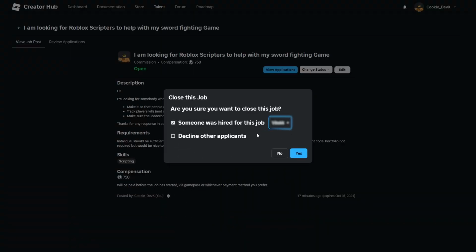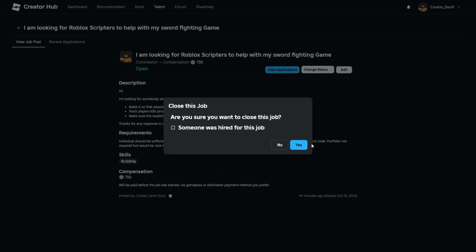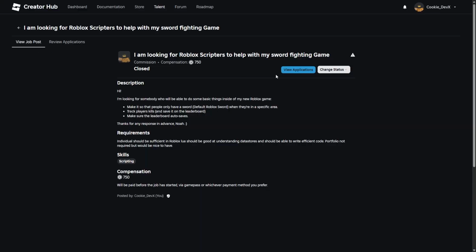Okay, it shows his display name, which was a bit weird, and let's decline the other applicants and click yes. Okay, this is buggy. What is happening? I'm pressing yes and nothing is happening. Okay, that's not good. This is just not working. I'm getting error messages and...